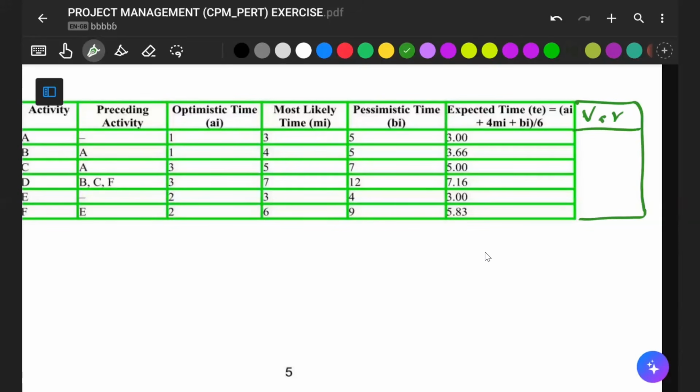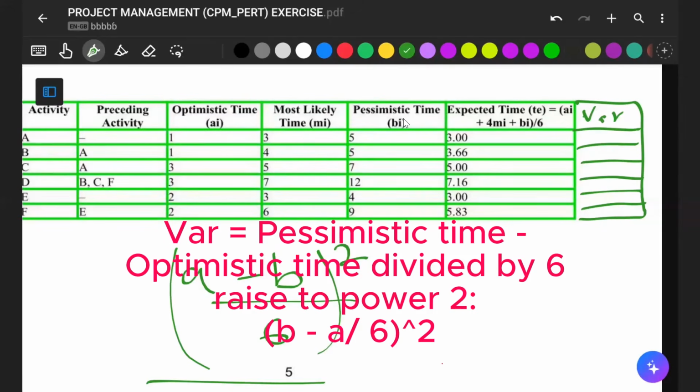Okay. And for variance, usually you are supposed to take the most time minus the least expected time. So you have (A minus B) divided by 6, raised to the power 2. You still get the same value. So you fill all of this. But a faster way to do this,